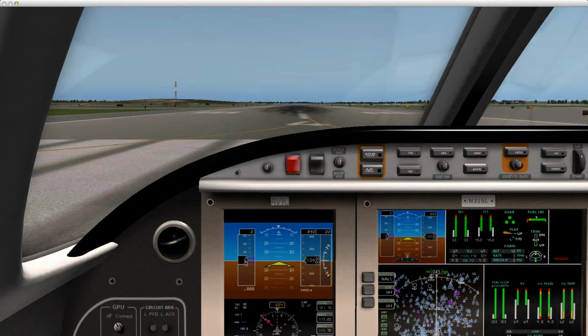Here, we can see is our speed indicator. The numbers on the left, and this little square right here. This is what it will almost always look like in a jet like this. So this is the speed in this black box right here. You see 0, we're at 0 knots right now. And